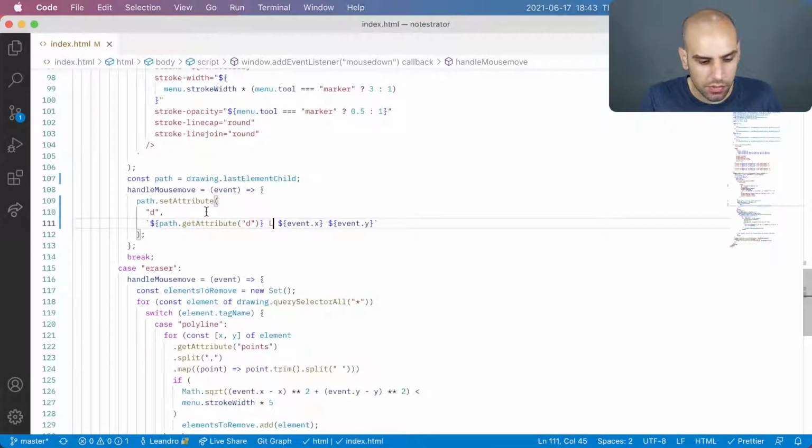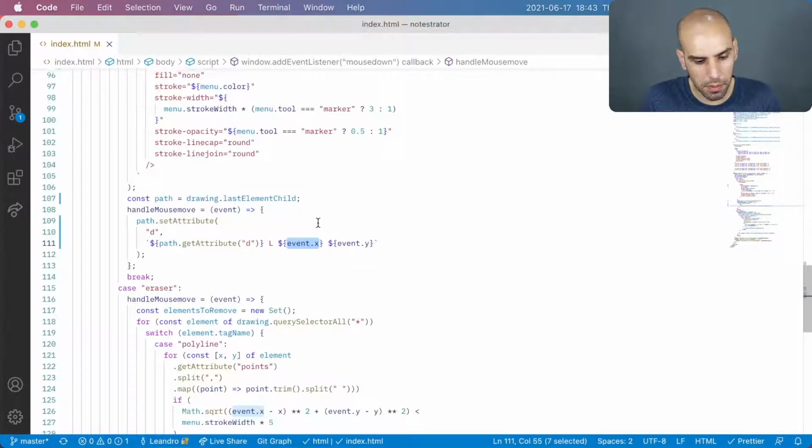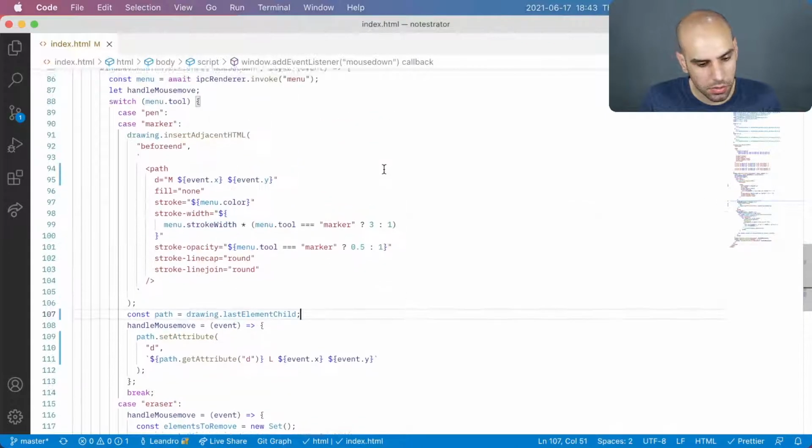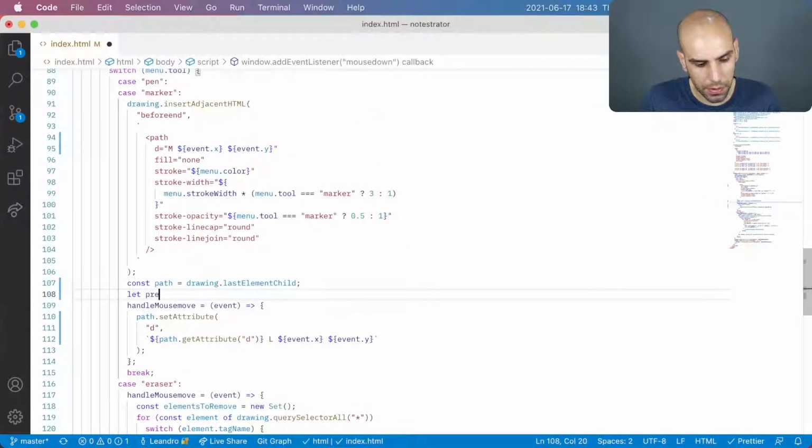So instead of parsing this information out of the D field, what I'm going to do instead is collect this information about the two previous points. So I have the current point, and I will collect the information about the two previous ones, and I will just keep them around. So how about we have the previous point,